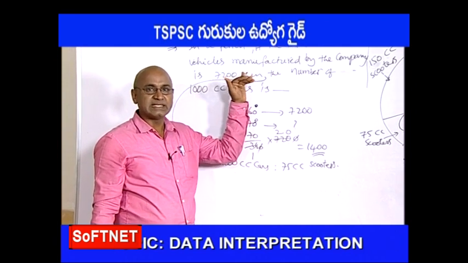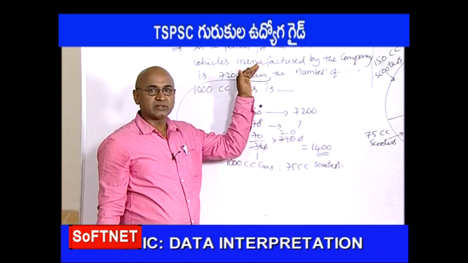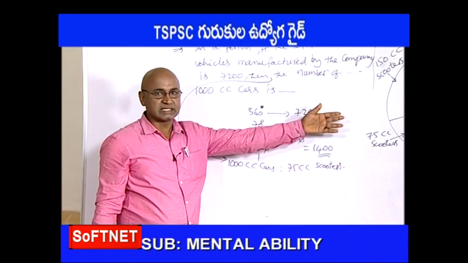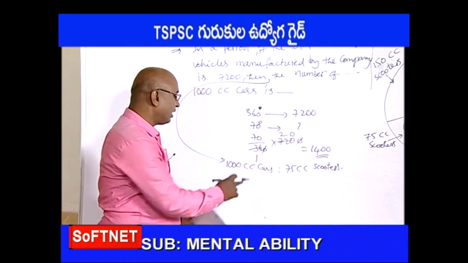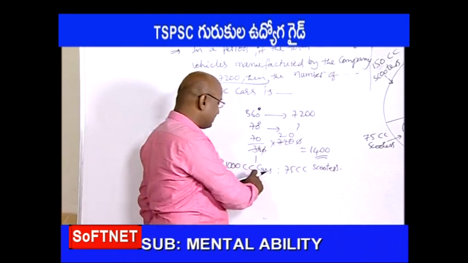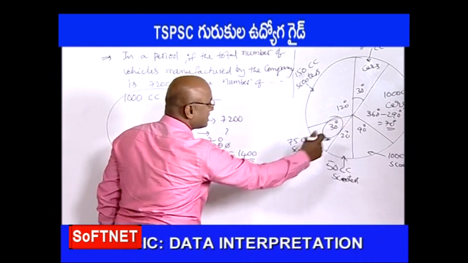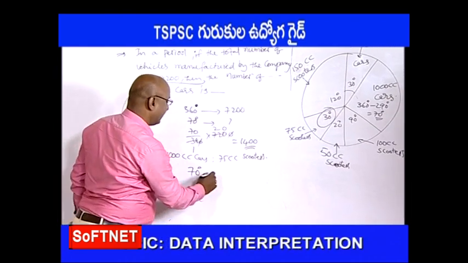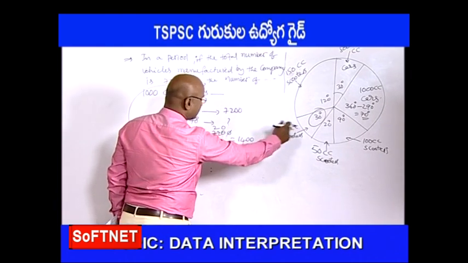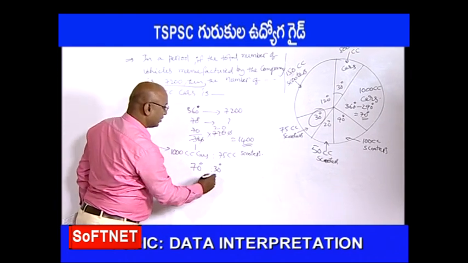Even though the data is given, no need to find out the total number of productions of individuals. Got it? Directly you can find the ratio of 1000 cc cars to 75 cc cars. So 1000 cc cars is equal to 70 degrees and 75 cc scooters is 30 degrees. So the ratio is